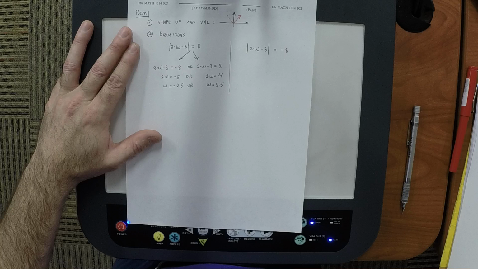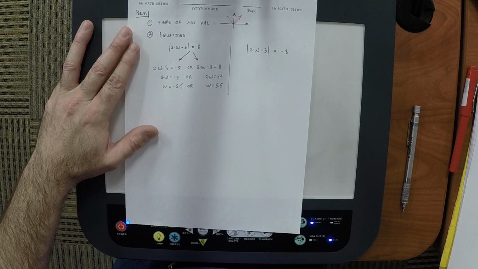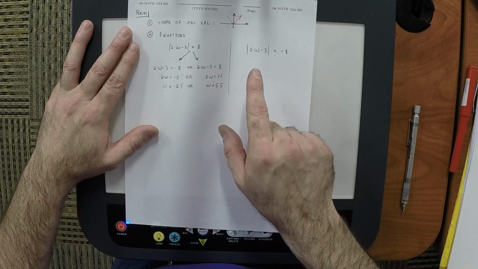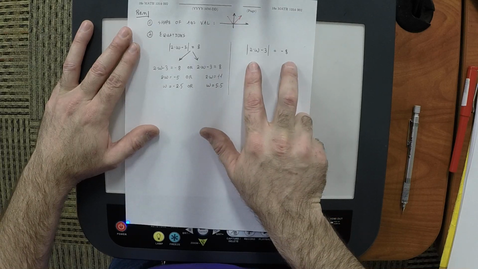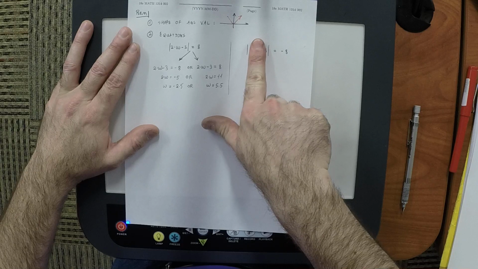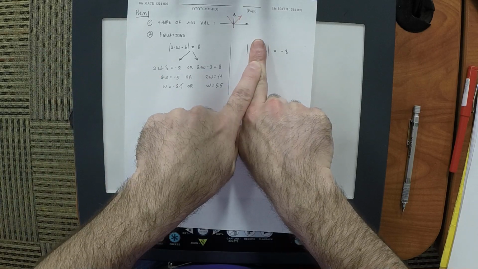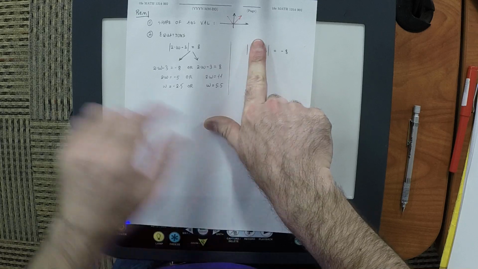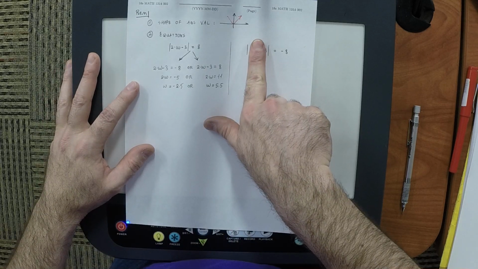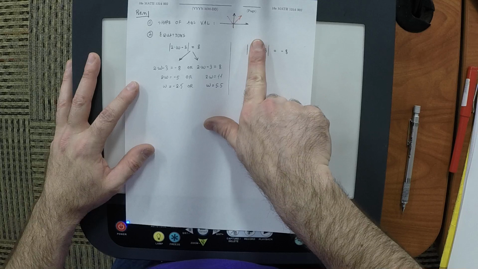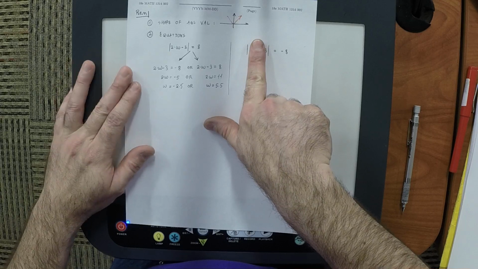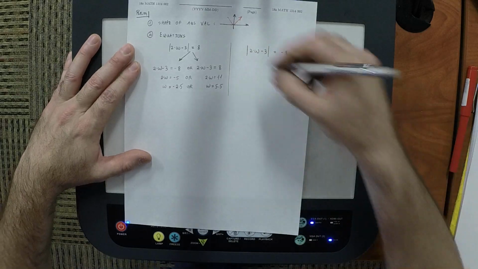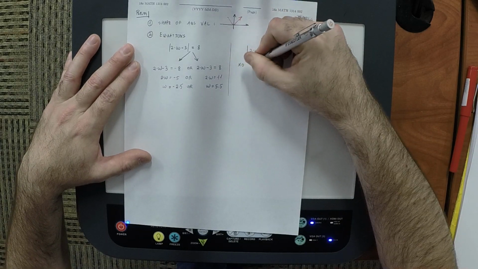But what's the response to being asked to solve this? That there's no solution. Because again, you're asking, what kind of input could I provide to the absolute value so that the output would be negative 8? And the answer is, there isn't an input that would do that. That's not the kind of thing that absolute value does. So the answer is that there is no solution